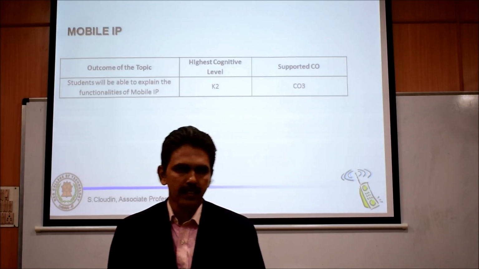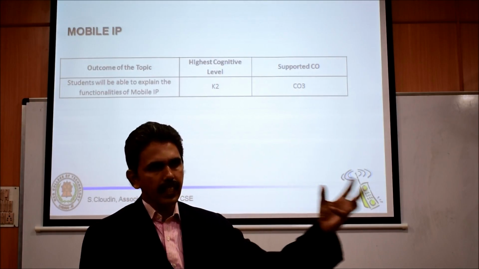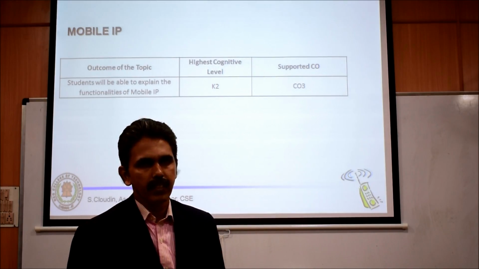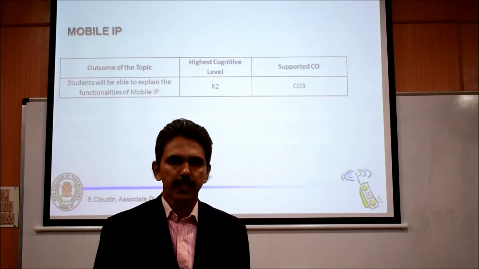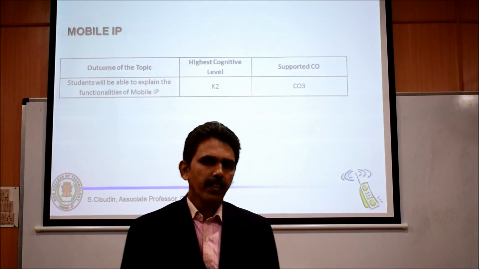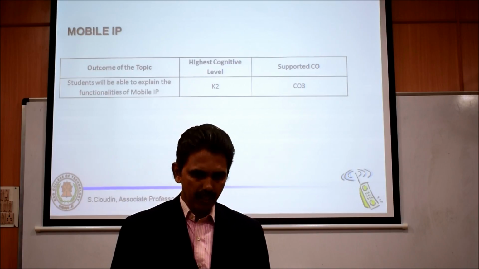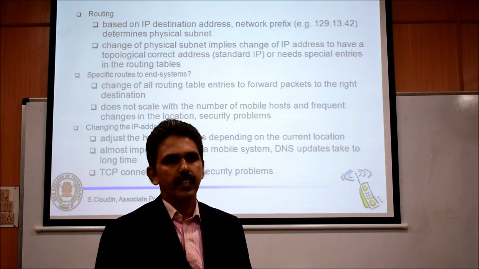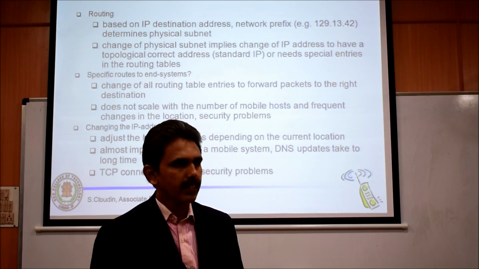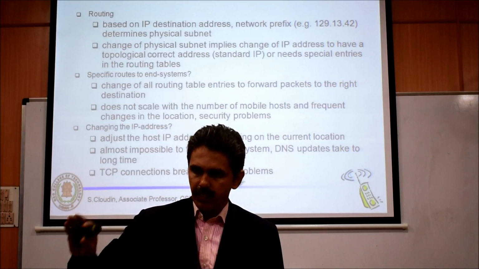To say in simple words, if any device wants to communicate with any other device through the internet, the device must be given an IP address. That means it is an address given to a particular device. For a normal standalone system, allocation of the IP is based on the location it belongs to. That means the subnet, any device which is working in a particular subnet, the subnet will be giving the ID